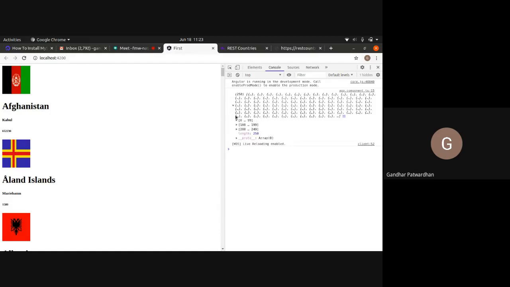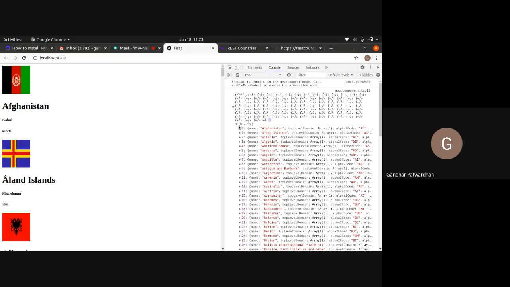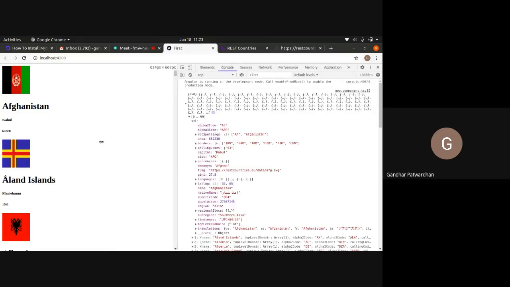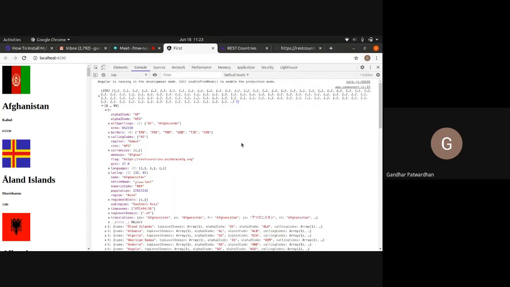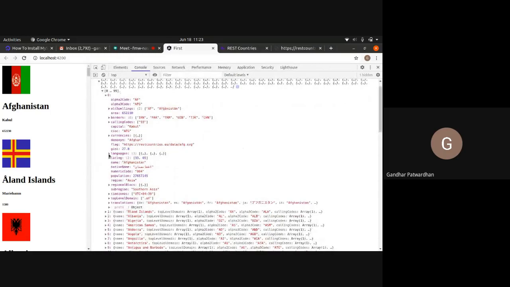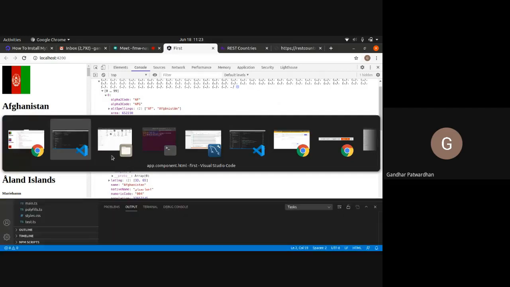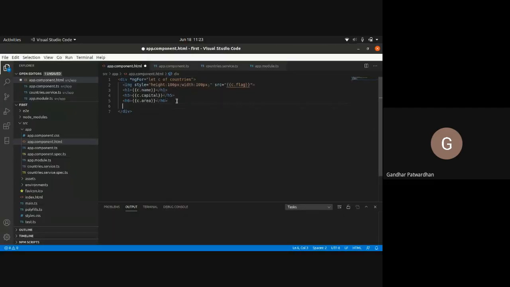Then let's see what else can we have. Okay. We also have an array of languages here. Now, since it is an array of languages, we need to display these languages. What we would require is an ngFor. So I will have, let's say, again an h6 tag.